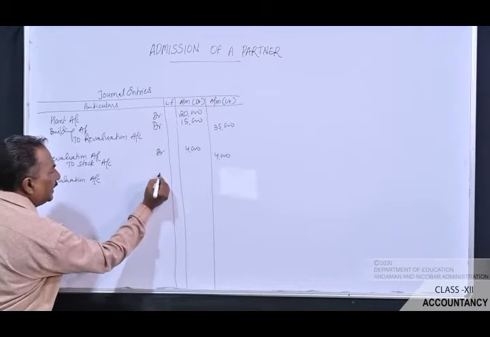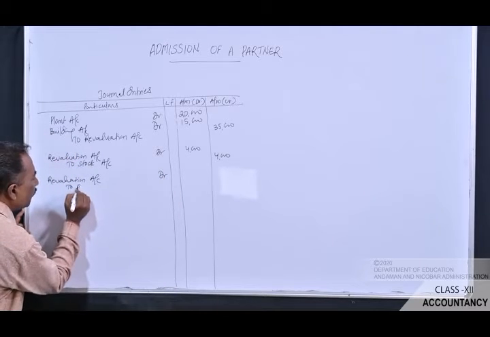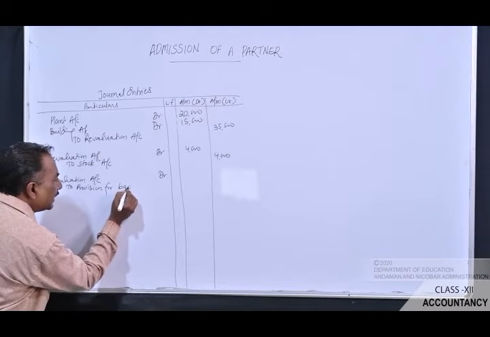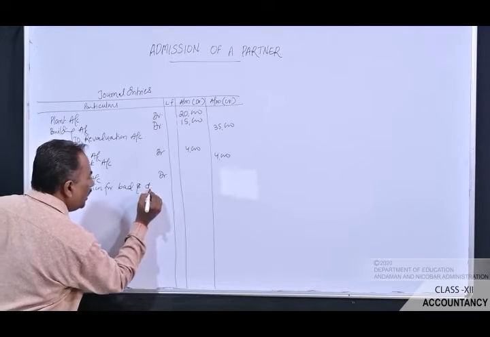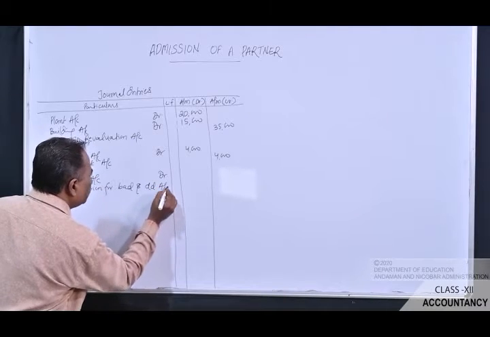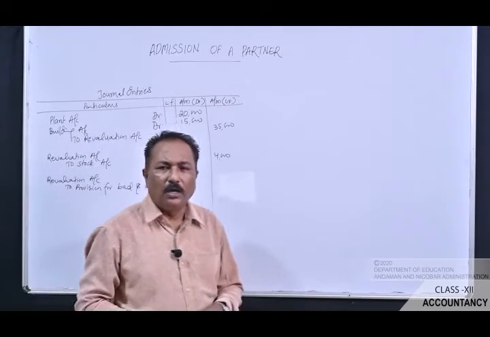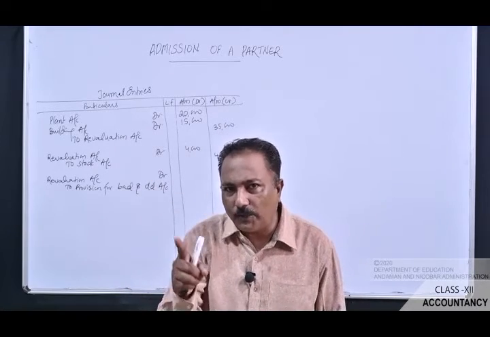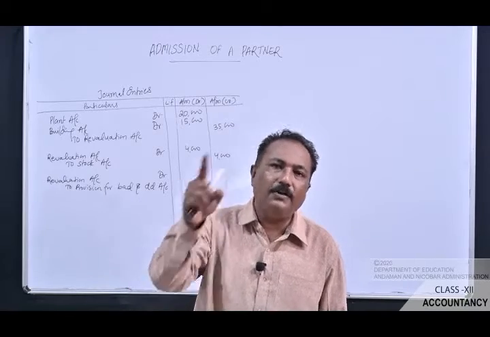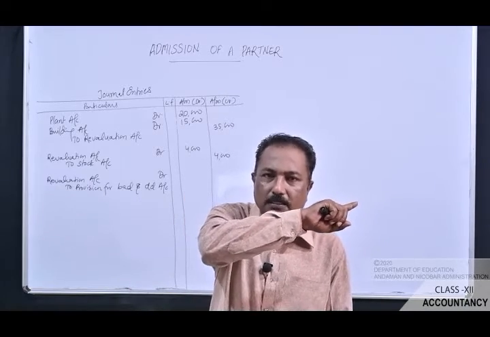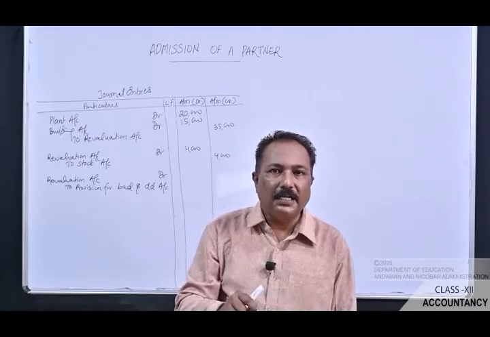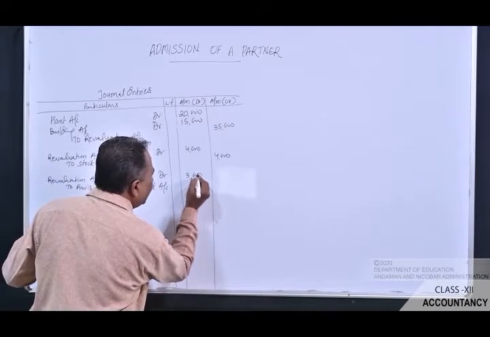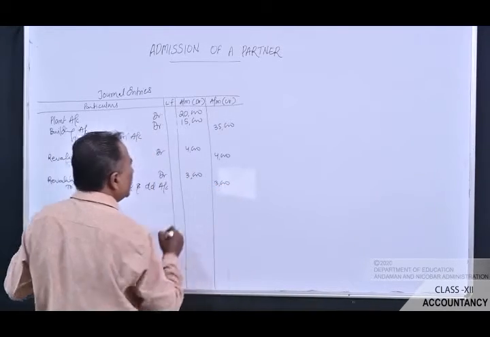account debit to provision for bad and doubtful debt account. Now let's calculate the amount. What is the 5% of rupees 60,000? Because you have to calculate the provisions for doubtful debt on debtors. The value of the debtor given in the old balance sheet is rupees 60,000. So 5% of 60,000 is rupees 3,000. Now let's write down here as rupees 3,000, record here as rupees 3,000.